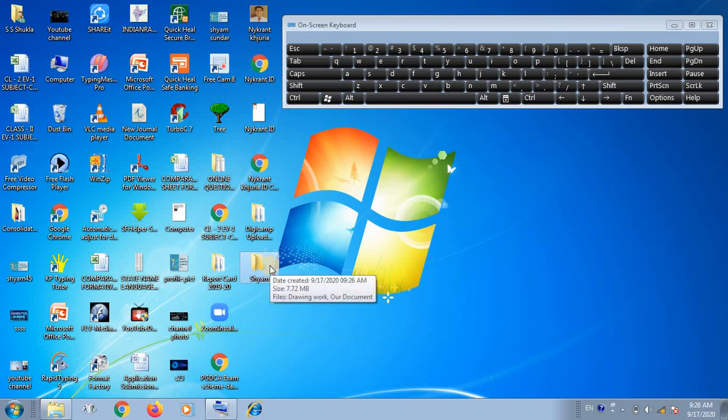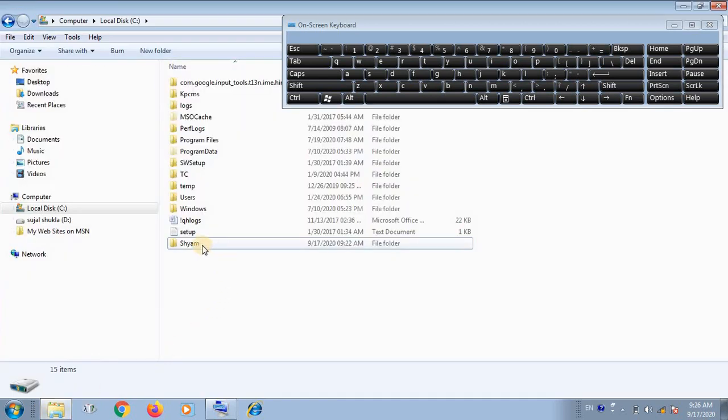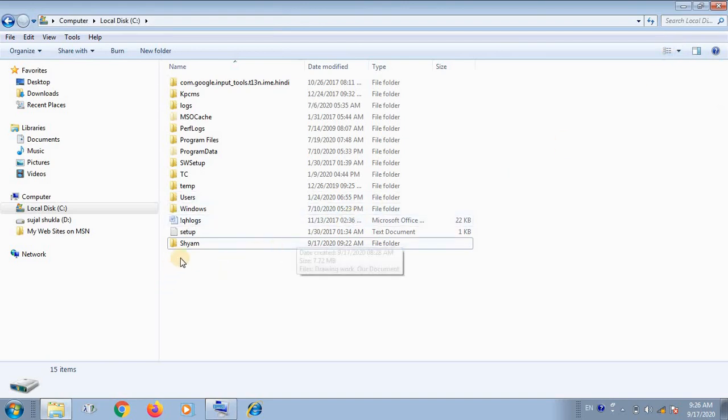Then you will see that folder is here, and also in the location from where you copied it. Okay, you can see the same folder in both places. Now this is copying and moving files and folders.